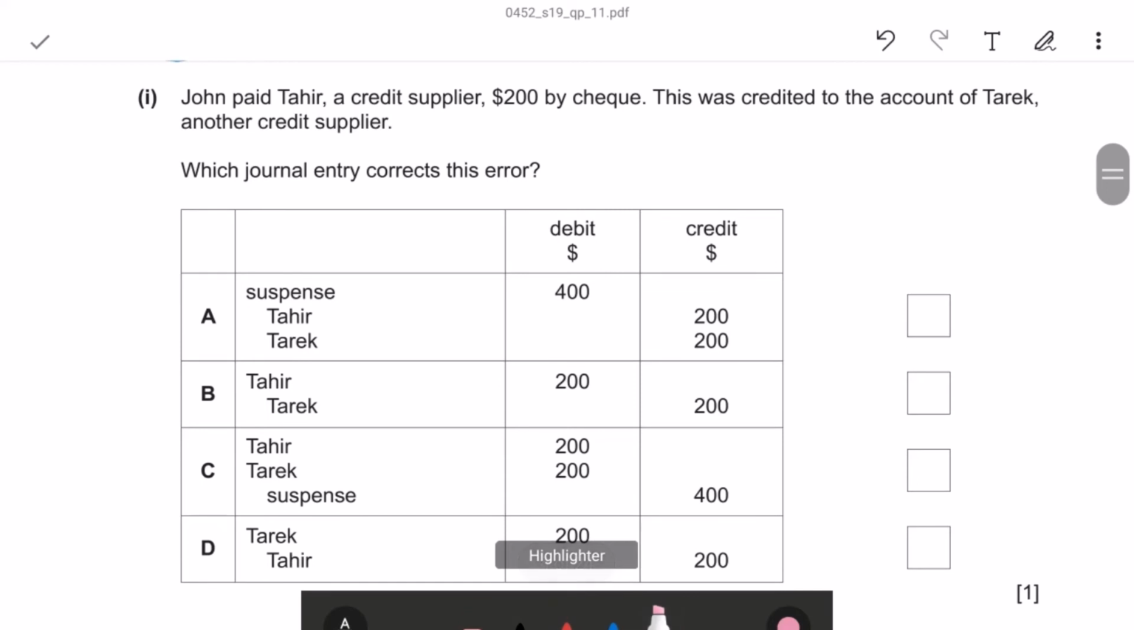John paid Tahir, a credit supplier, $200 by cheque. This was credited to the account of Tariq. It is an error. Another credit supplier. Which journal entry corrects this error? The correct transaction: when John pays by cheque to Tahir, who is the receiver? Tahir is receiving the cheque. That means John is paying Tahir. To John, the bank balance is decreasing. So the credit transaction is